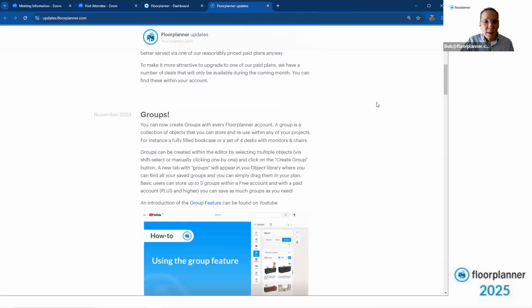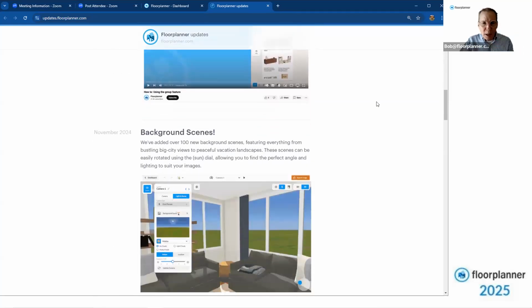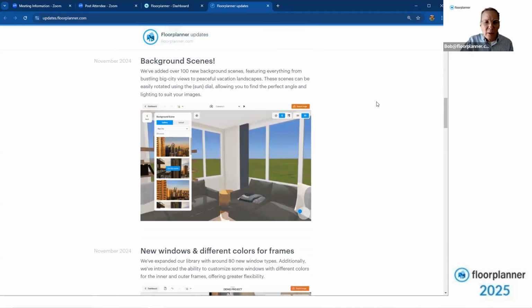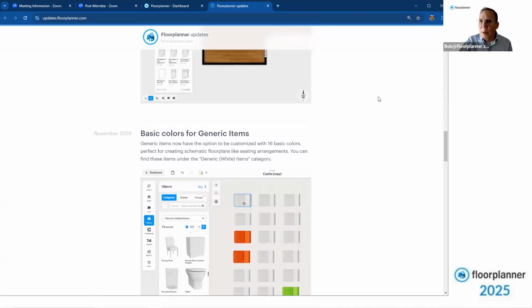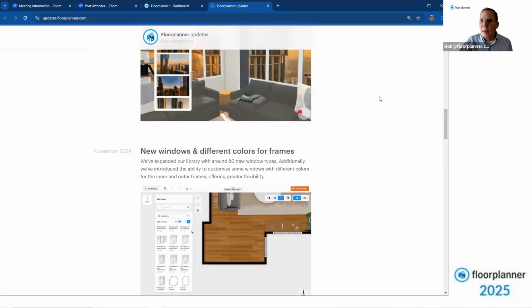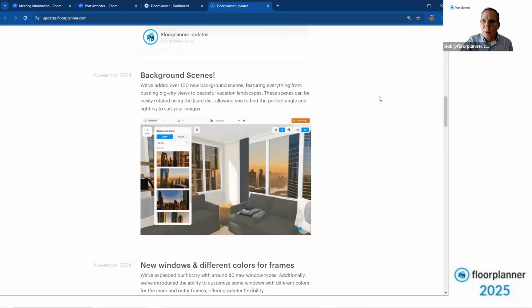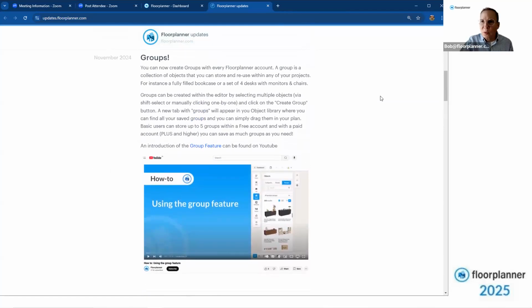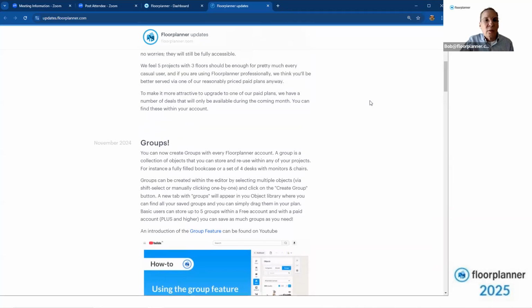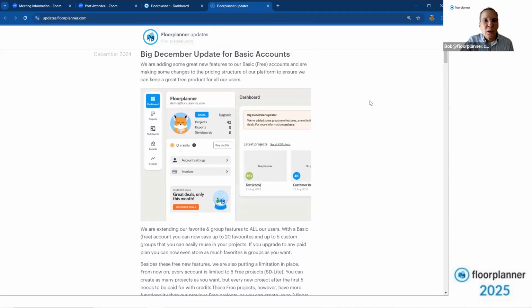So a couple items we're going to be talking about today, obviously groups and favorites. And we left off last time talking about the new background scenes and the different windows, etc. So again, if you thought you missed anything in the past year, you can scroll through here very quickly and take a peek at anything you think you might have missed along the way. Learn a little bit more about them, but we're certainly going to be talking about the groups and favorites today, as they've been extended as a tool and feature for all of the 6 different subscription levels, including basic inside Floor Planner, and also talking about the changes that were made. We'll talk about those changes